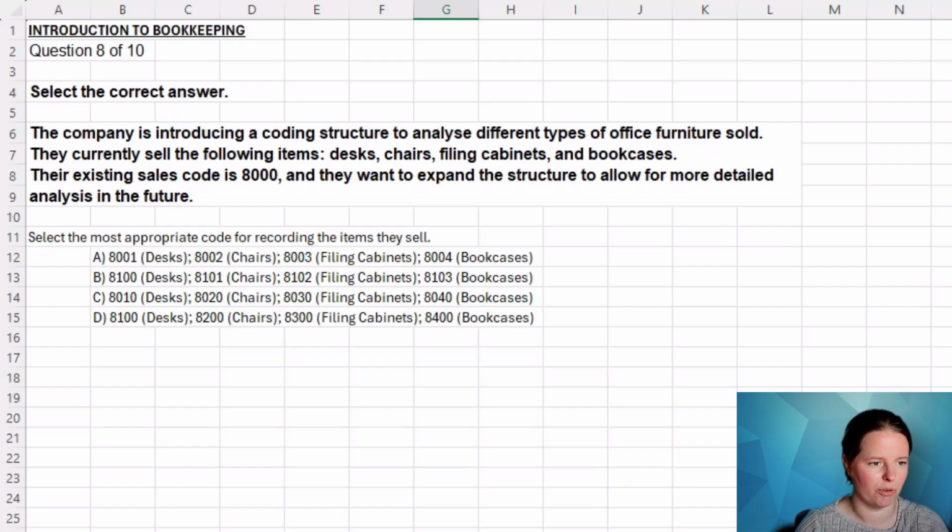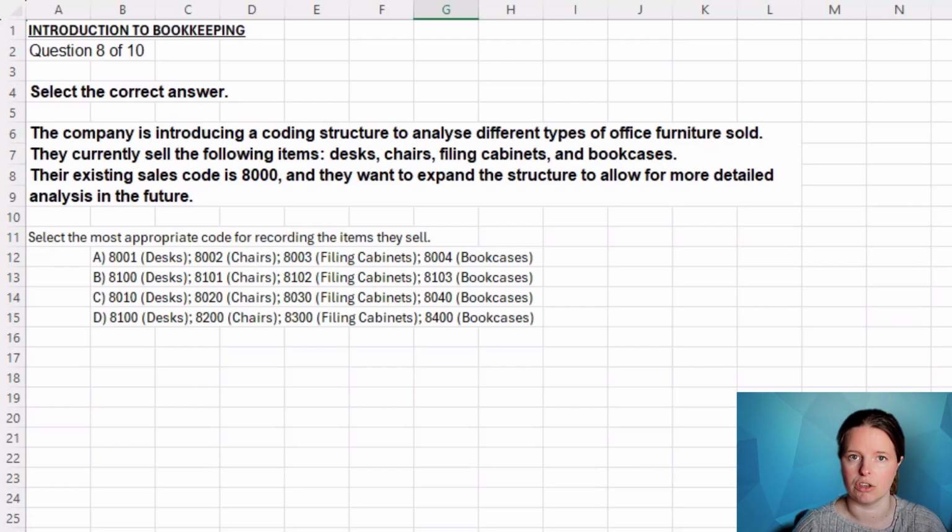Okay, so here we've been told to select the correct answer. A company is introducing a coding structure to analyse different types of office furniture sold. They're currently selling the following items: desks, chairs, filing cabinets and bookcases. And their existing sales code starts with 8,000, and they want to expand the structure to allow for more detailed